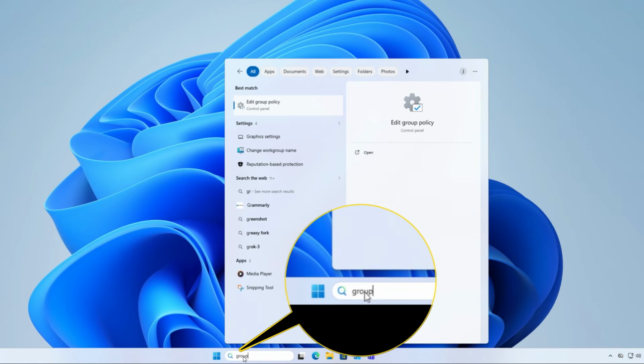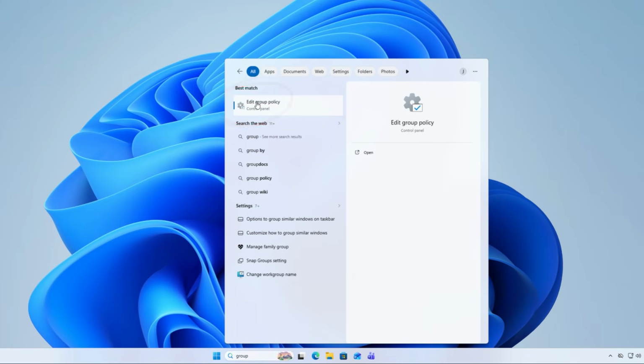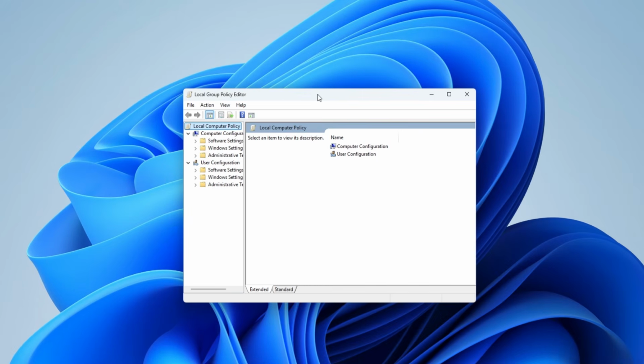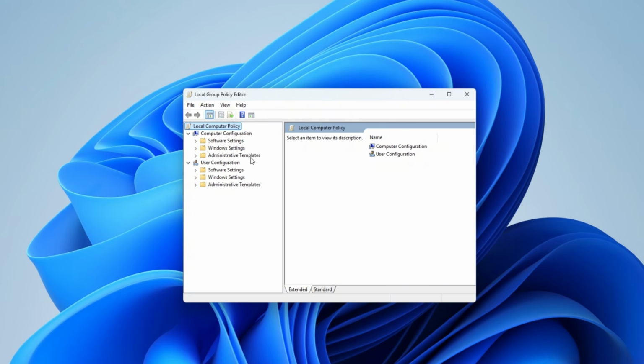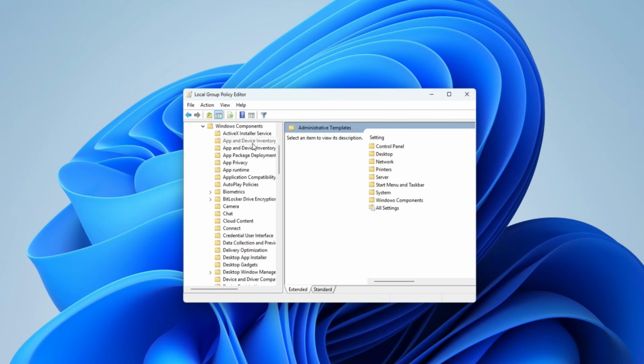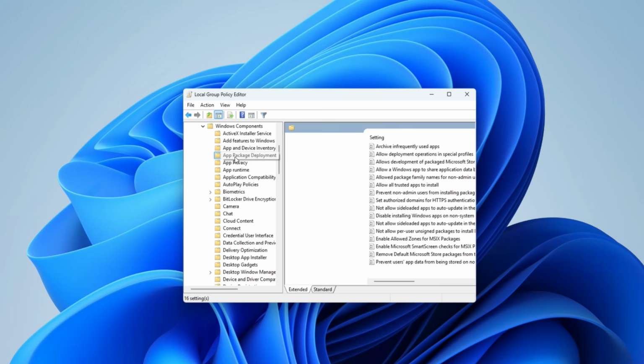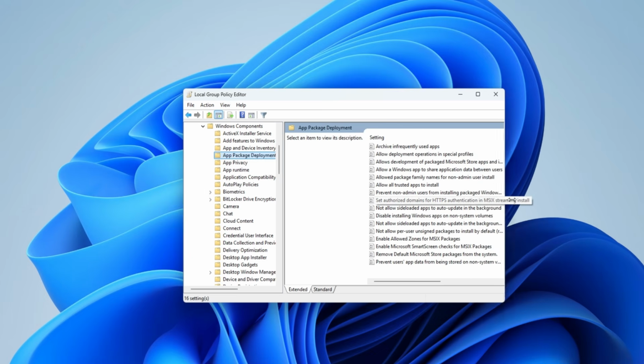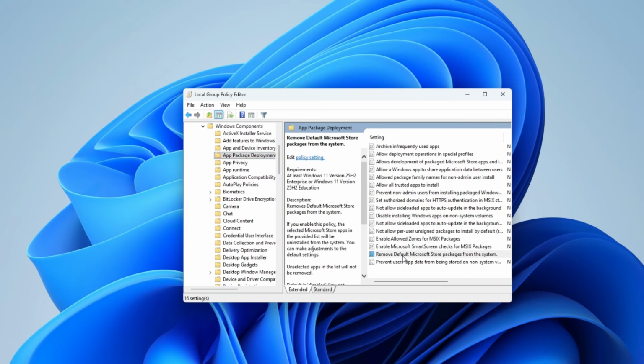Type group in the Windows search box, and go ahead and open the Edit Group Policy Editor. Then here, let's expand the window a bit so you can see it better. Inside Computer Configuration, expand Administrative Templates, then Windows Components, then highlight App Package Deployment. And here, on the right side, you should find this new policy, which is called Remove Default Microsoft Store Packages